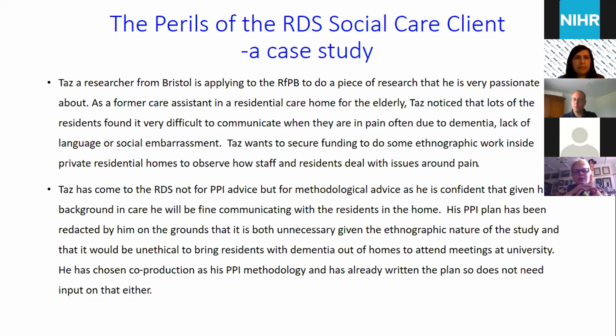It's Wendy again. He seems to think that PPI is all about communicating with the residents in the home, which means he clearly doesn't know what PPI is, does he? He doesn't understand how much it could inform the whole study rather than just being able to communicate with the residents. And in a study like this, it couldn't be more important. These are people with dementia. They can't communicate very well, possibly anyway. We know they can't communicate around pain, so perhaps they can't communicate around other things. There's a mental capacity issue, potentially. There's all sorts of ethical issues, and there's PPI issues, and clearly there's a methodological issue in terms of the ethnographic work.